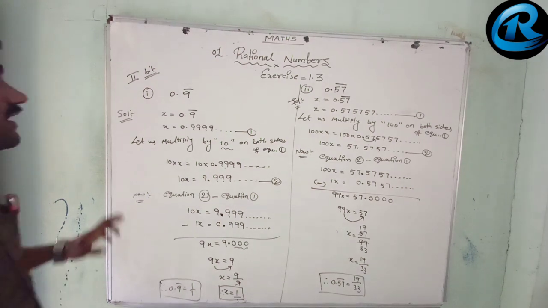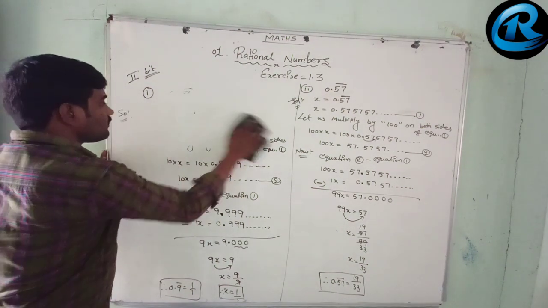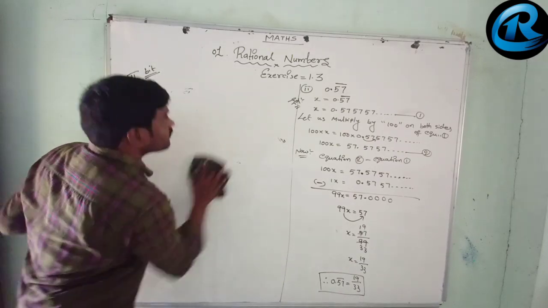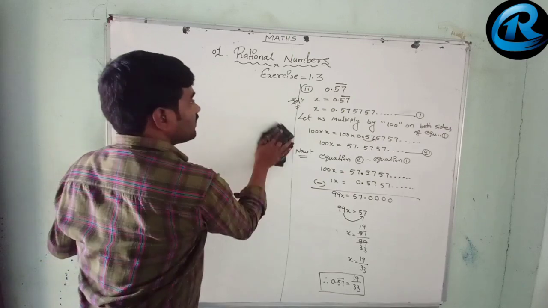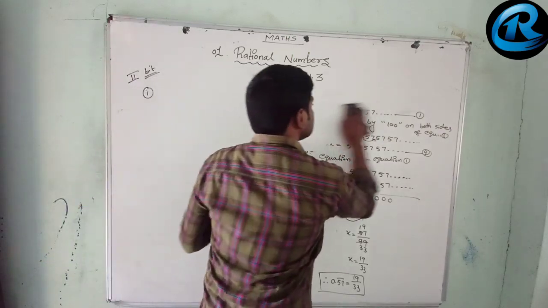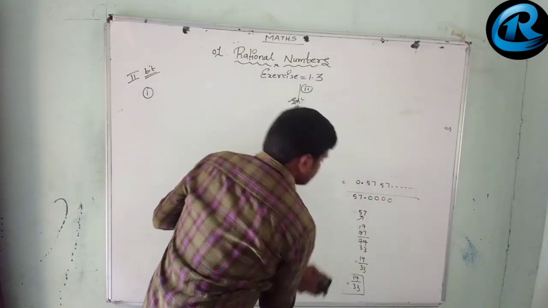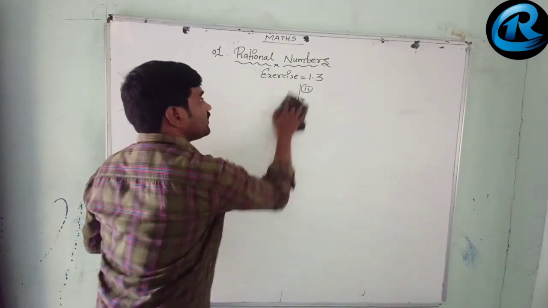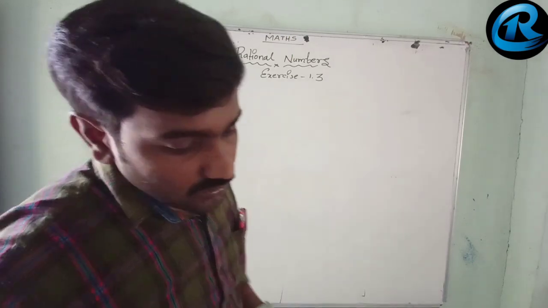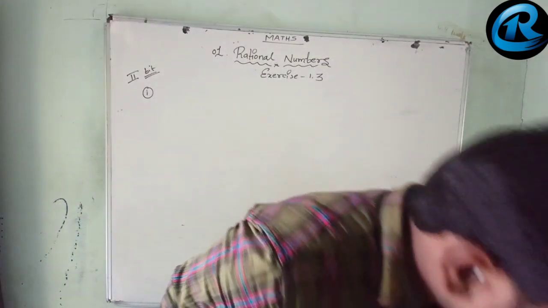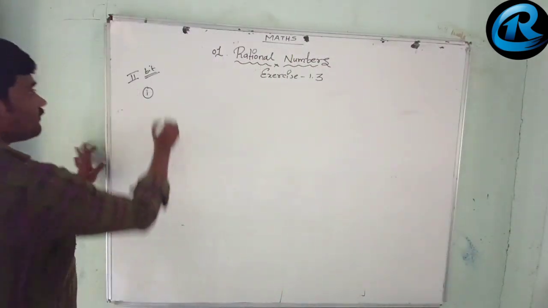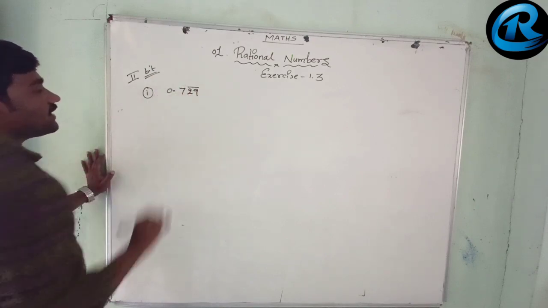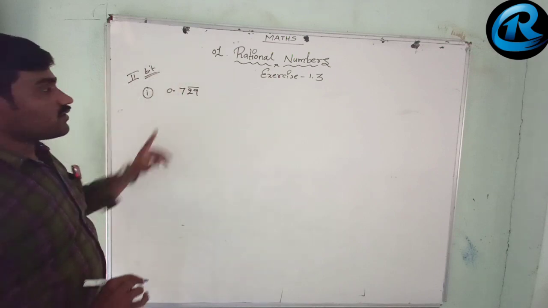Now we go for the other 2 questions from the same bit. You have the questions also, so let us do them too. They are the same model, but very easy to do these problems, though step by step we have to go through it. Very important for your next classes. So we go for the next question, that is 0.729 bar. Only 29 is repeating, not 7.